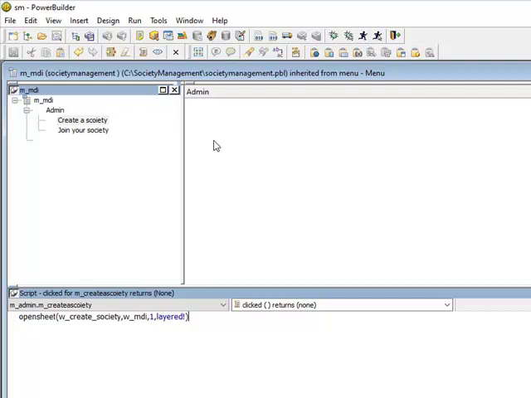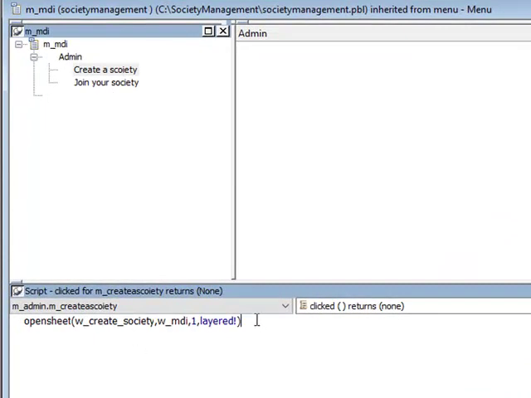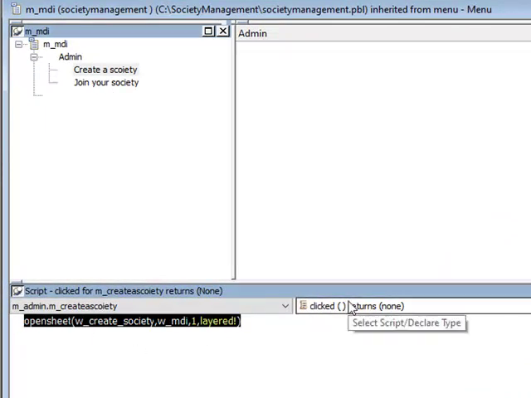For an MDI window, one menu is always required. Then we created a basic menu, right? You know what a menu is. And on the menu event we can write some code on the click event, so that we can open our window.